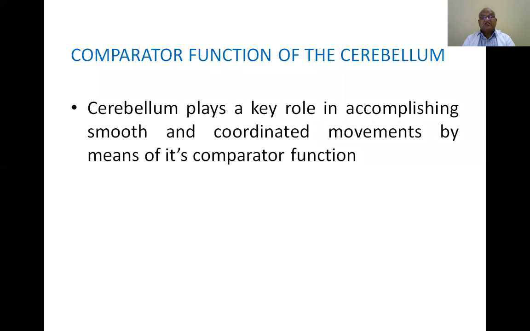Now, the comparator function of the cerebellum. The cerebellum plays a key role in accomplishing smooth and coordinated movements by means of its comparator function. For example, if your motor activity is large, impulses go from the sensory part of your spinal cord to the cerebral cortex. The cerebellum assesses the amount of motor activity and whether it has to be decreased. Such an impulse goes from the cerebellum to the cerebral cortex, the highest center of the brain. From there, an impulse comes to the anterior horn cells of the spinal cord,